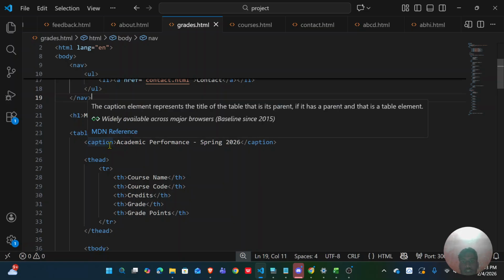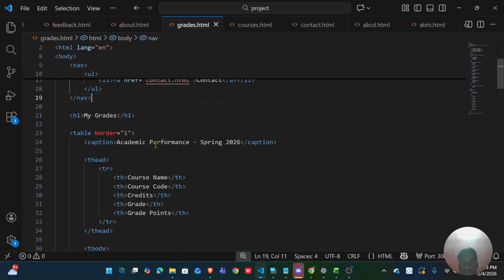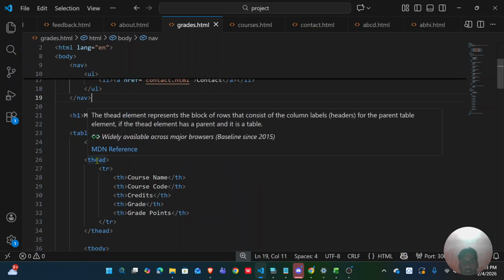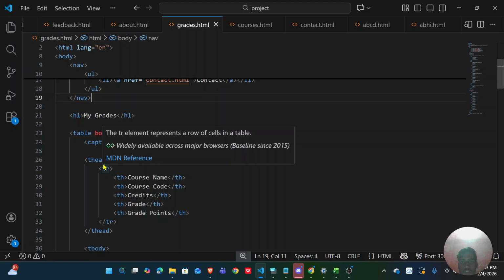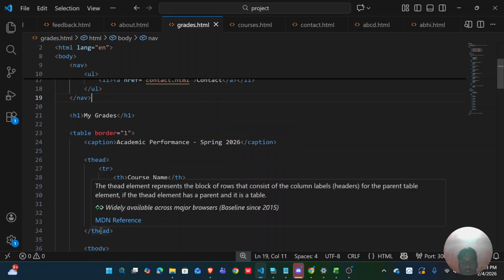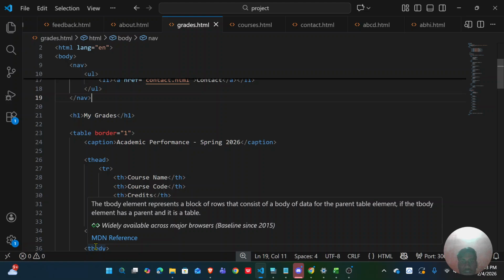Caption provides the table title, academic performance. Then thead for the table header, tbody for the main body content, and tfoot for the footer.